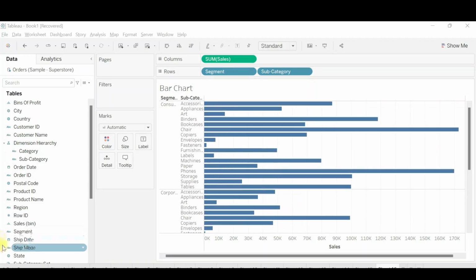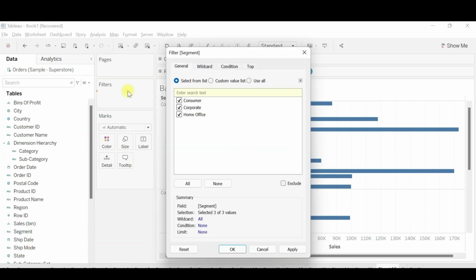So now let me drag and drop this segment to the filters pane. Once I do it, a new dialog box appears where we can choose various types of filters as per our requirement. So under this tab, you can see there are four sub tabs: general, wildcard, condition and top.